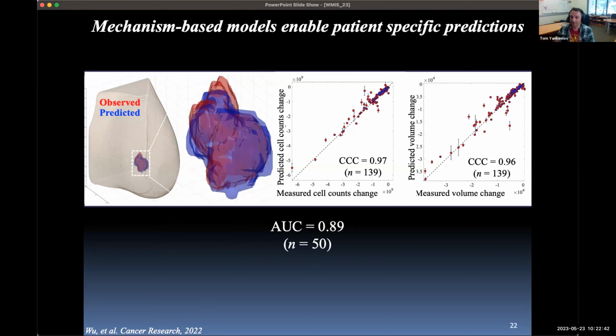We also had the prediction for how their tumor was changing in space and time. And if you have a model that can accurately predict how a tumor is changing in space and time, then you could use that model on the computer to try a bunch of therapeutic regimens to see which one might be the best one for that individual patient. And you can't do that with a statistical model, because you would have to have a gazillion patients with similar characteristics to Miss Jane Doe and have all the possible different therapeutic regimens that Miss Jane Doe could possibly have.